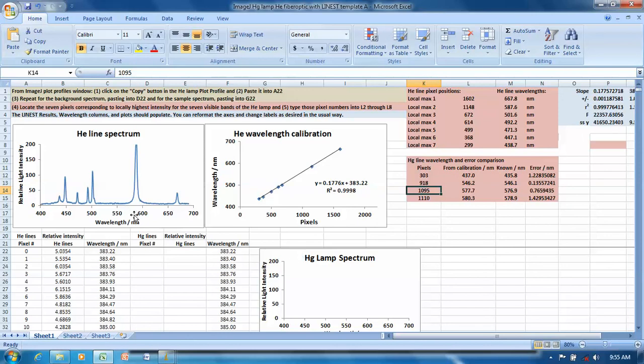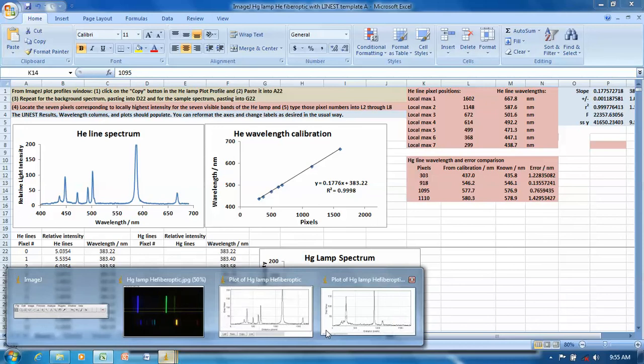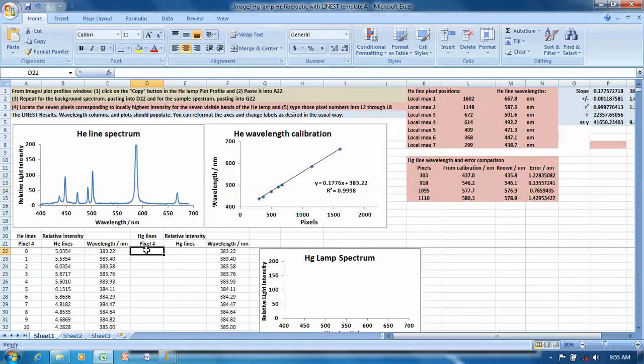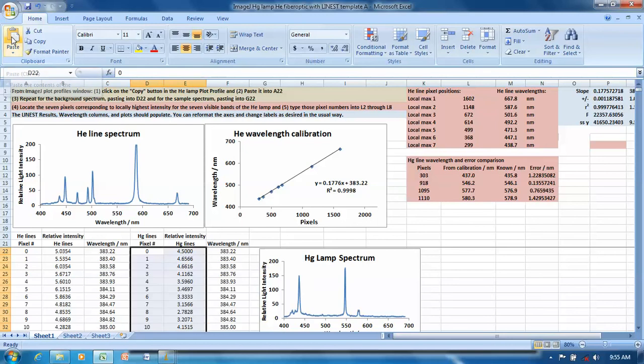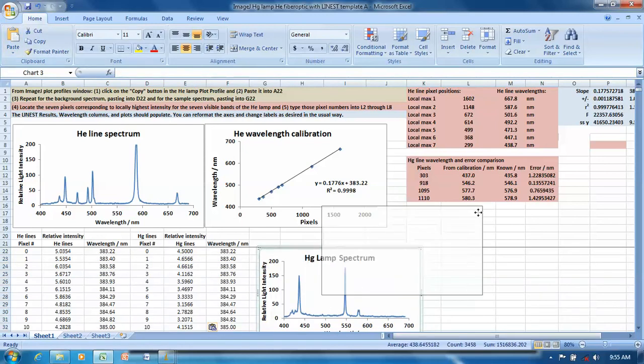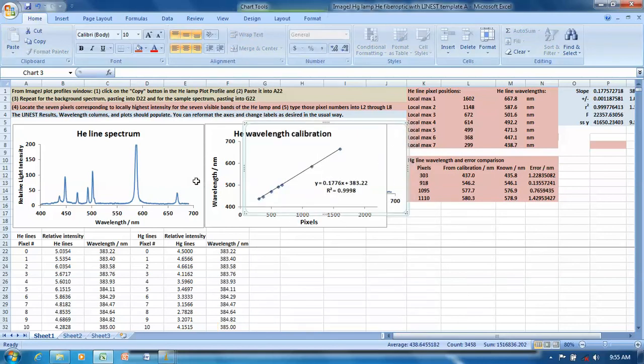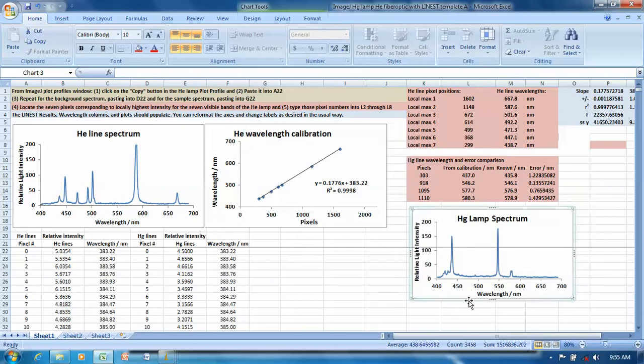We really have all the information we need. But I want to show you one more feature. We can go back here, and again, as before, we can copy. And going into the first row that's available, we can paste. And we can generate the plot of the mercury spectrum. Whoops. Let me try this again. There. The mercury lamp spectrum output, but now we have it in wavelengths,